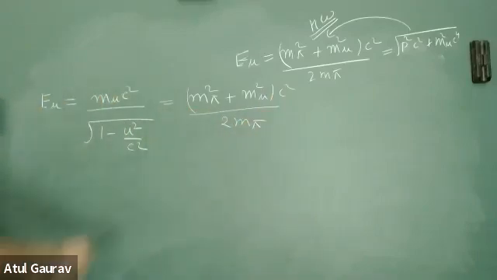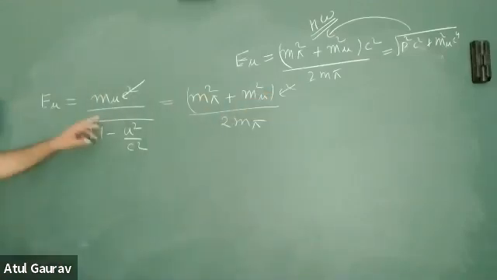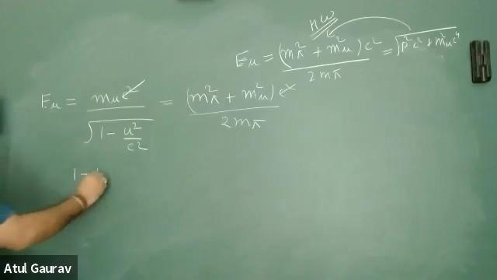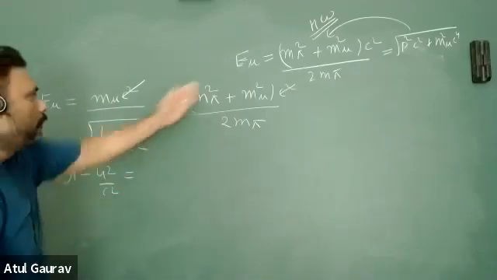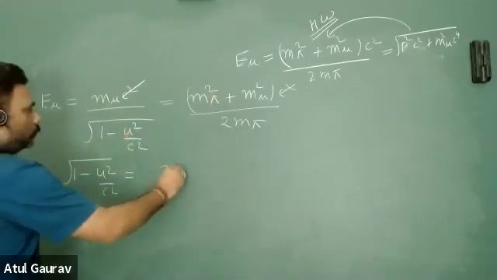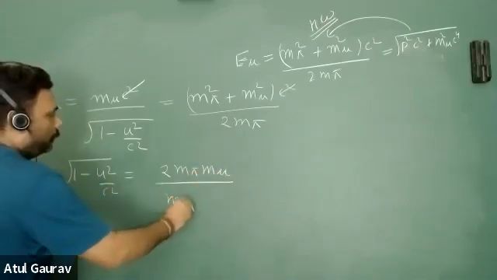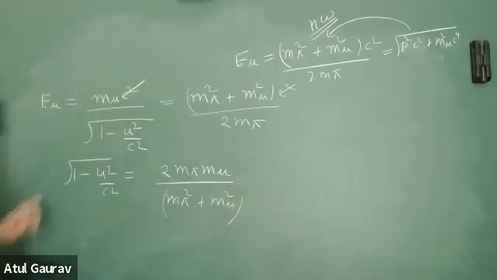So what will happen? C square will be gone. And I always suggest you write 1 minus u square by c square on one side. So write 1 minus u square by c square, let's write it on one side. So what do you have? You have this one. So it will go there and it will go there. So you have 2 m pi m mu upon m pi square plus m mu square. So what will we do? We will go for squaring both sides and we will subtract from 1. Then we have